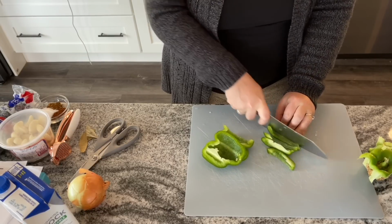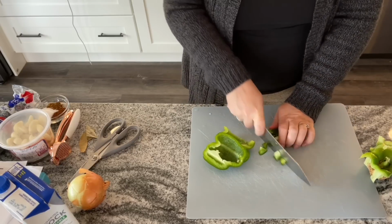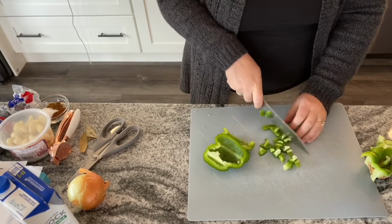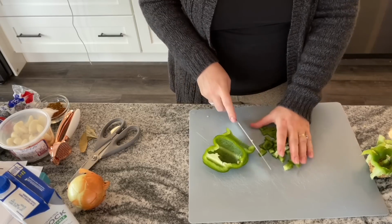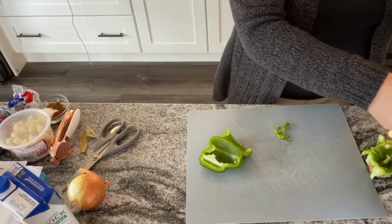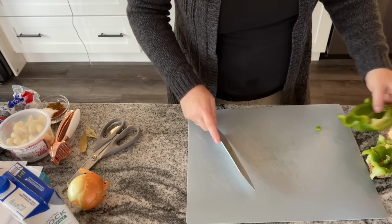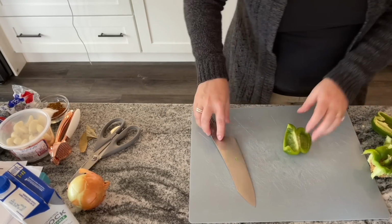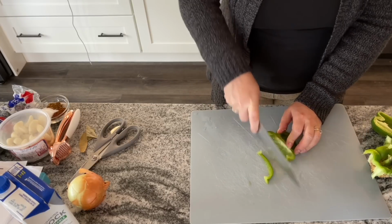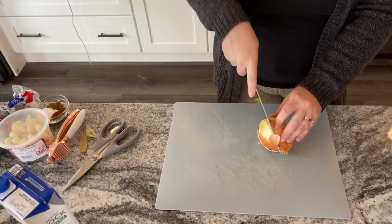It was plenty of pepper, plenty of flavor. Even in my family, I don't love peppers, so they were not missing it by any means, but it did add the right flavor. So, I mean, use what you have. Sometimes I can get one of those little containers of roasted red peppers from the Dollar Tree, and I will use that in a recipe like this. You don't always need all of the ingredients, or sometimes you can cut things down and you still get all of the good flavor. So just slice up your green pepper, and then you're going to want 1 medium onion